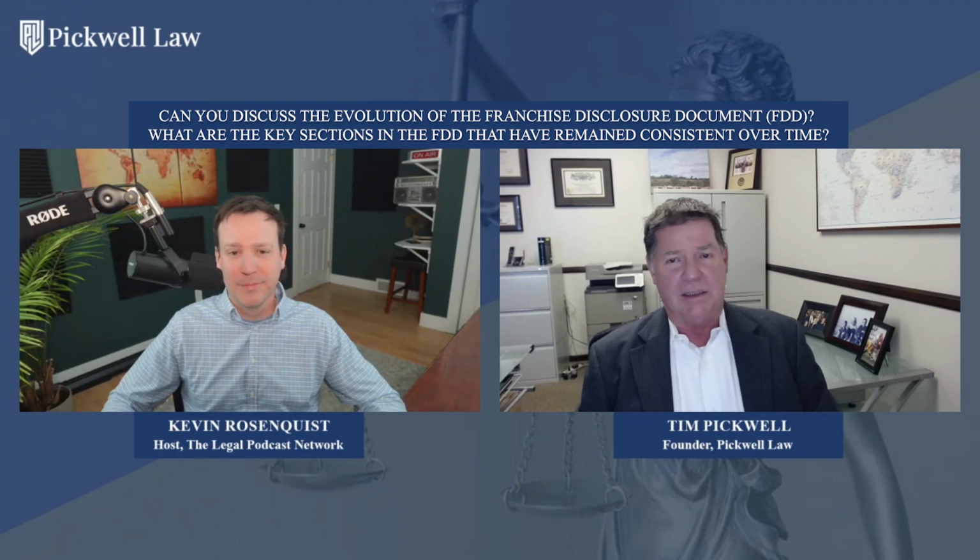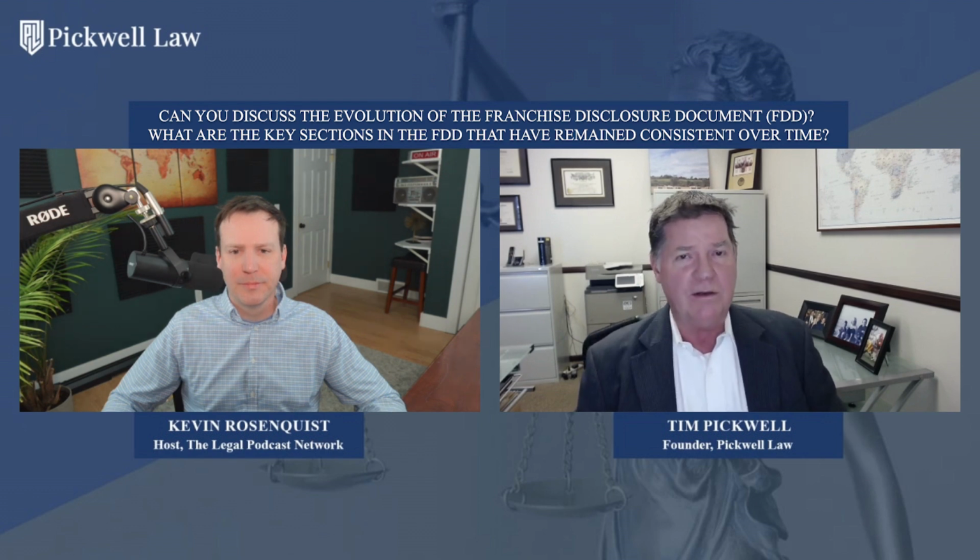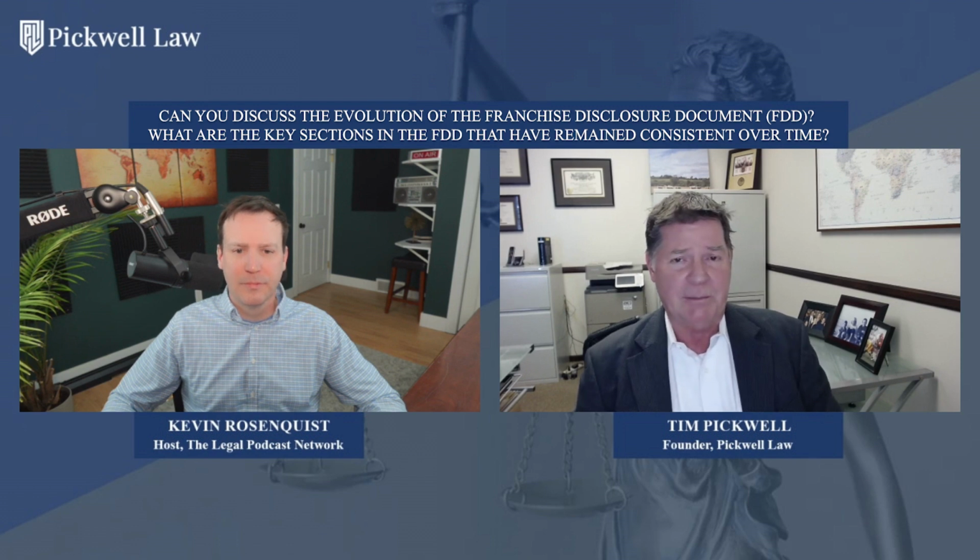The other used to be called an earnings claim, but it's now called a financial performance representation, item 19. And it can take many forms. It is the item where the franchisor gives a financial performance representation, either what gross sales are for units in its system. Some clients have even provided a detailed P&L, like a typical P&L, so a franchisee can say, if I'm going to make this, this is what the bottom line is going to look like. That's a little tricky. That client had been operating for a lot of years and had a lot of detailed information from its franchisees.